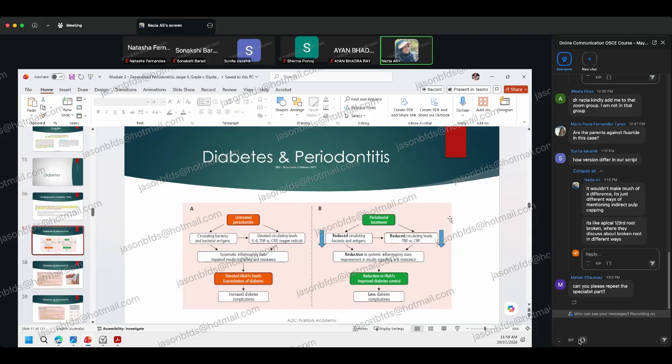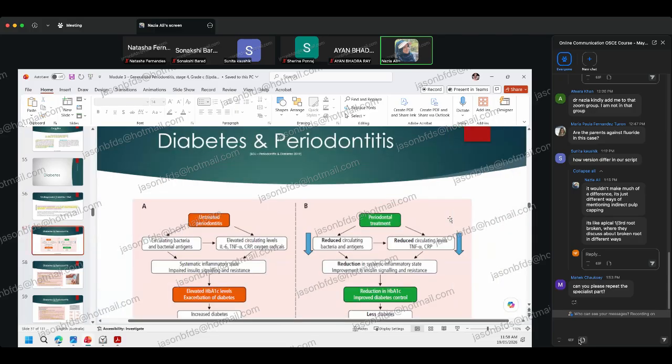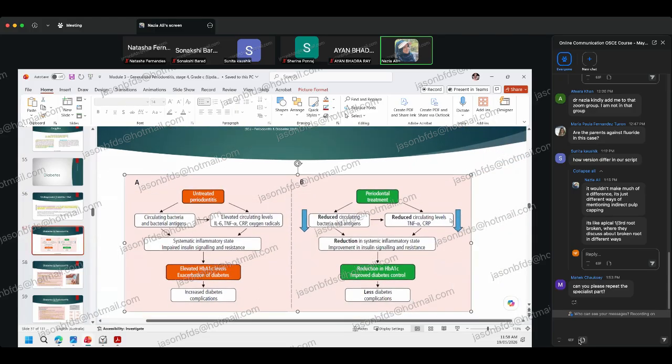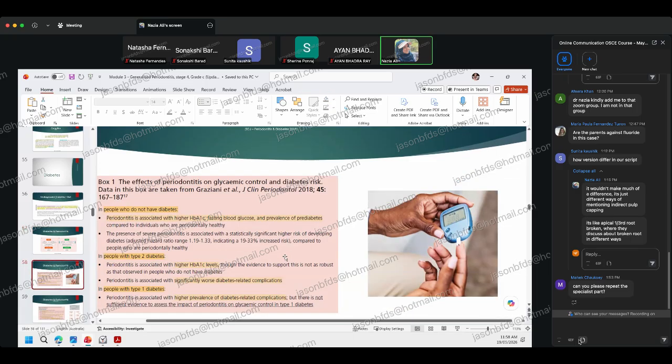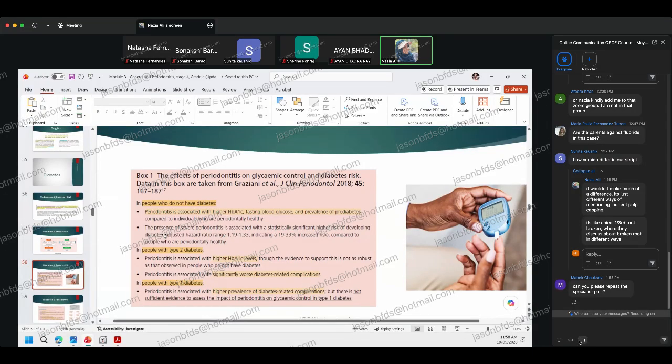And what happens if I don't have diabetes? What could lead to diabetes? What if I don't have any family history of diabetes at all? Could I still be having diabetes? Yes, this is from BDJ. BDJ says that for people who do not even have diabetes, we know that periodontitis can trigger it, because periodontitis will increase